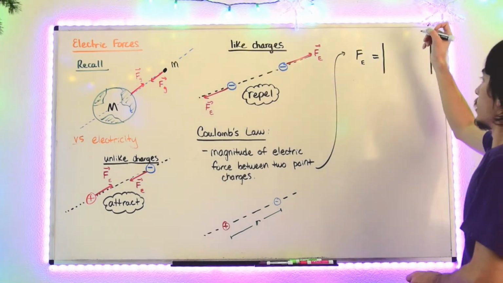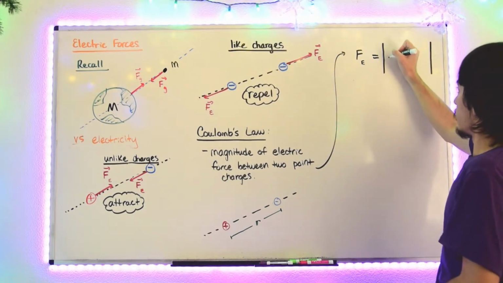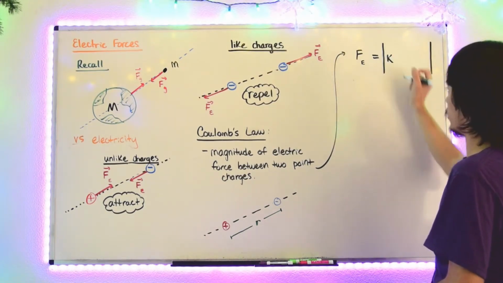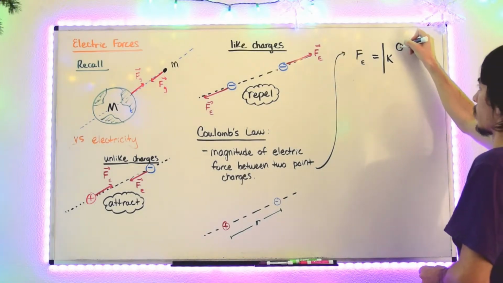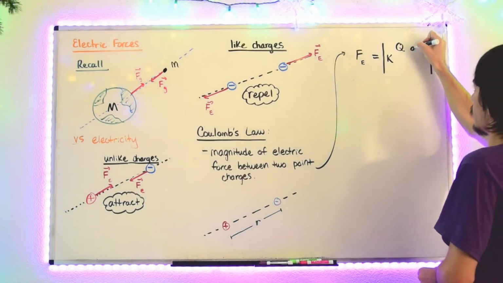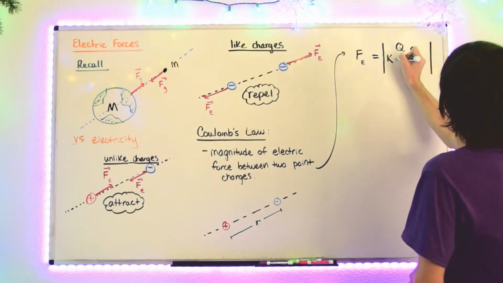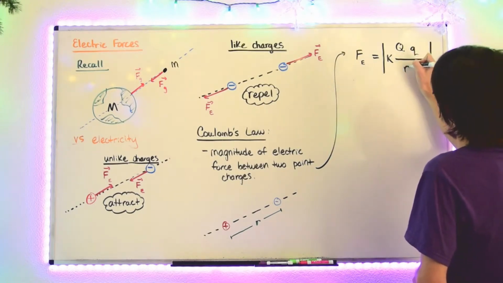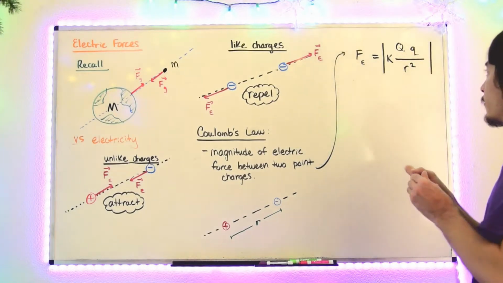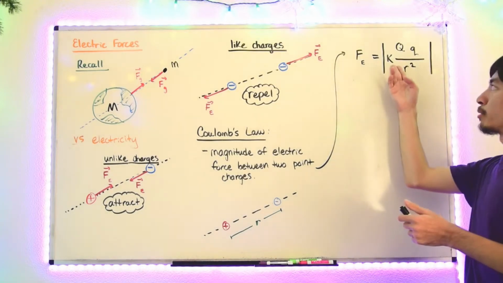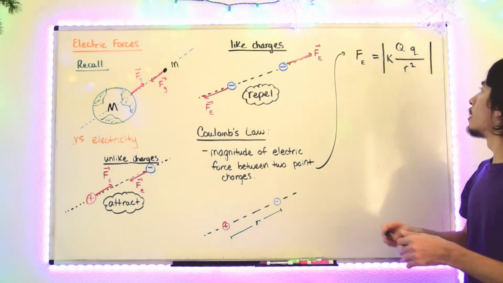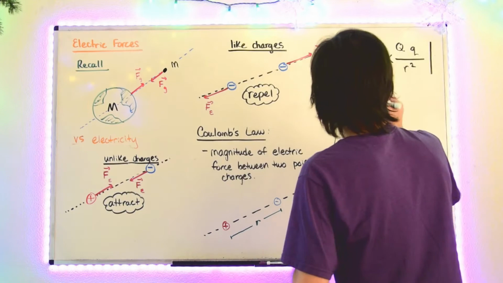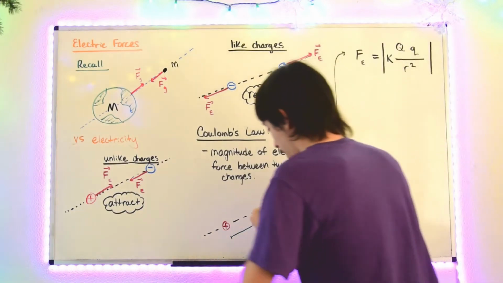So we have that the magnitude is equal to K, let's call it capital Q, lowercase q, divided by r squared. And you can also put K in the numerator. Now, each of these, so we have, if we define these,